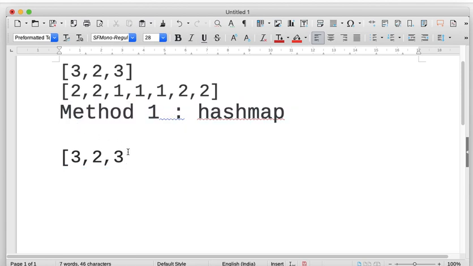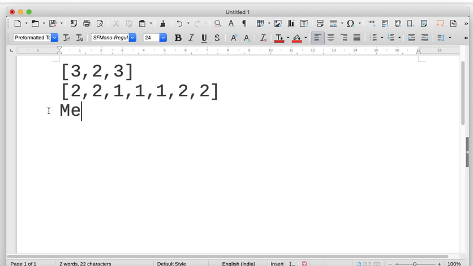The other approach, method 2. Here what you can do is sort the array. The first approach using a hash map takes extra space to store the frequencies in the hash map, so you should be asking, can we do better? The other approach you can take is to sort this array. If you sort this array, you get 2 3 3, and you can observe the pattern. If you see the n/2th element,